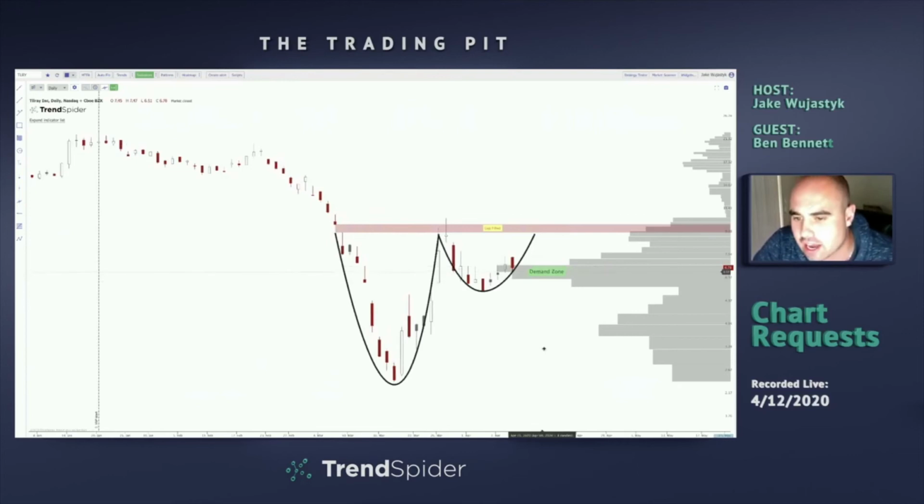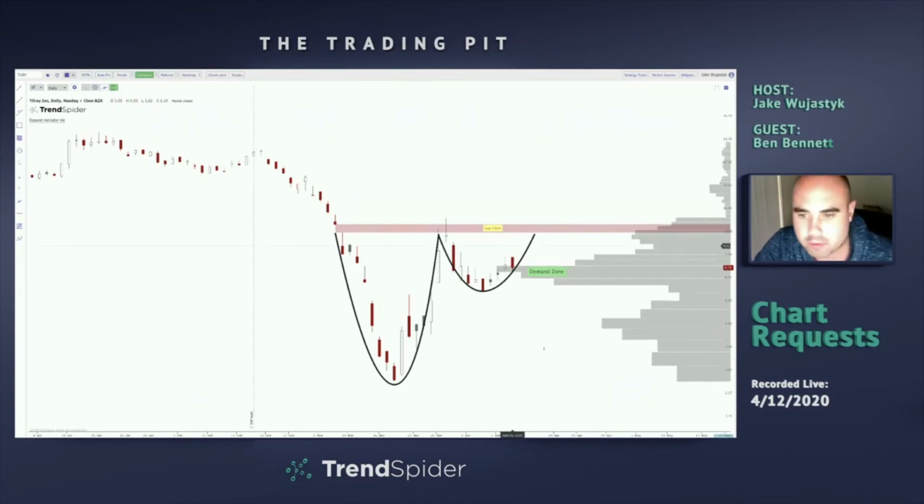Notice that the point of control is the same regardless if we started from January 21st or February 20th. We've still got a majority of that volume holding here, which tells me that most people capitulated on this drop and then kind of reset. And now this is where the new holders are forming a base. So not only do we have this kind of cup forming, we've got a lot of volume holding within this cup.